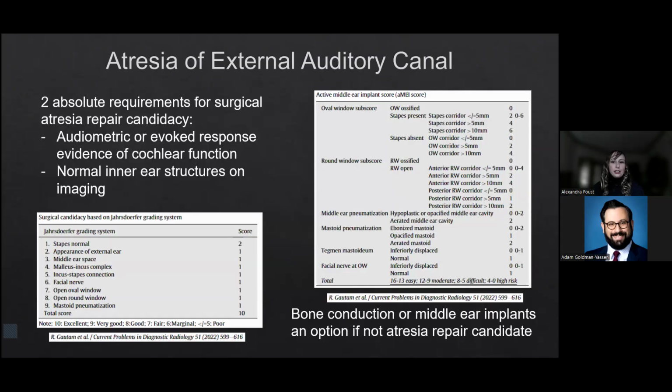Atresia of the external auditory canal can be managed in different ways depending on the hearing ability of the patient. So if they have pretty good hearing, they might be considered a surgical candidate for reconstructive surgery with a canaloplasty, a tympanoplasty, and also usually an auricle reconstruction. For patients who aren't candidates for that, there's also potential for active middle ear implantation or active or passive bone conduction implants. And so the Jahrsdoerfer scoring system, which I have highlighted here, is something